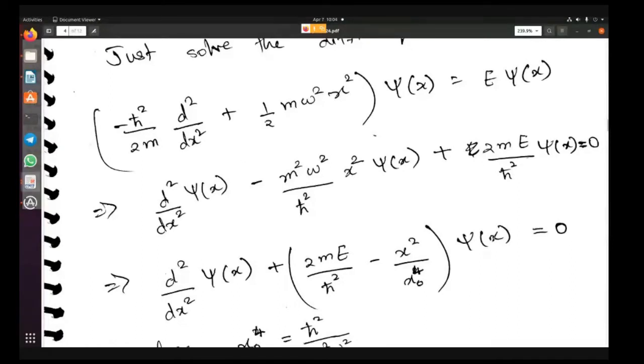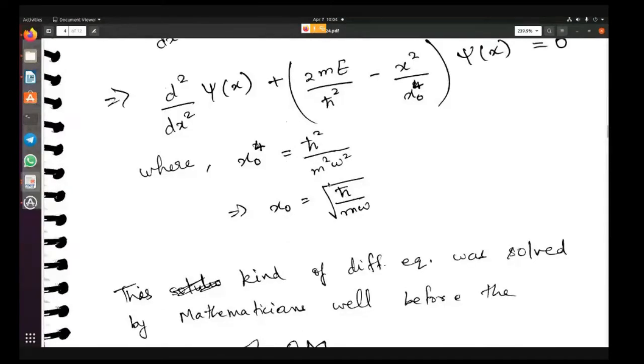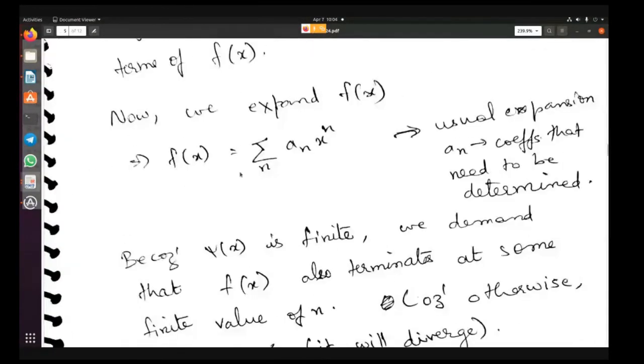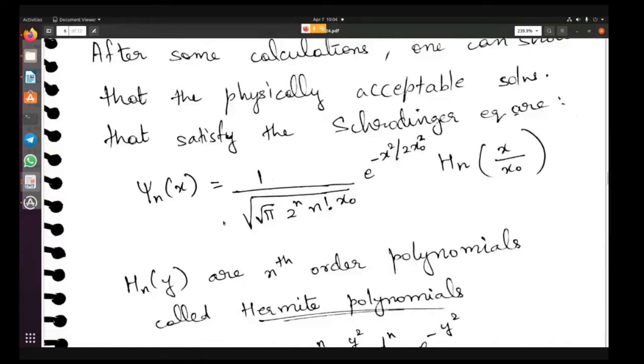So this is a special kind of differential equation, and so the solution to this differential equation is also a special kind of formula. The formula that we got was that the wave function turns out to be in this form. This is a Gaussian term, e power minus x square. Whenever you see e power minus x square, e power minus (x minus 2) whole square, all of those are just Gaussian wave functions.